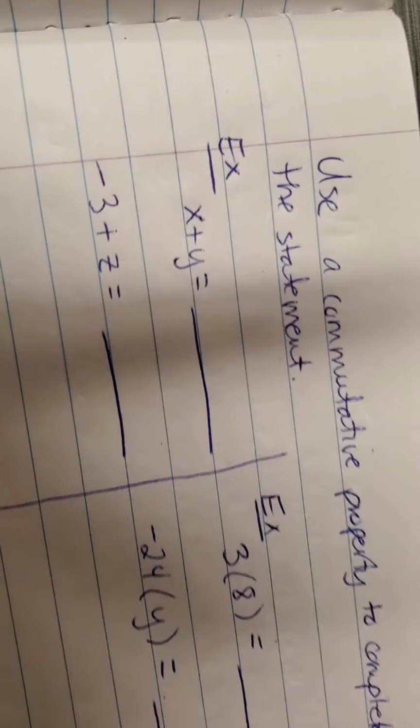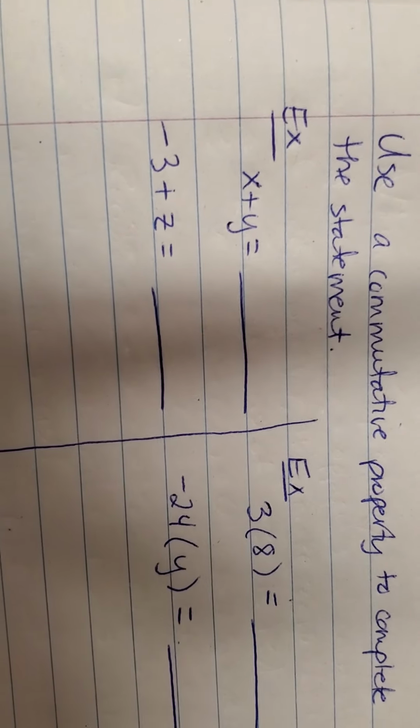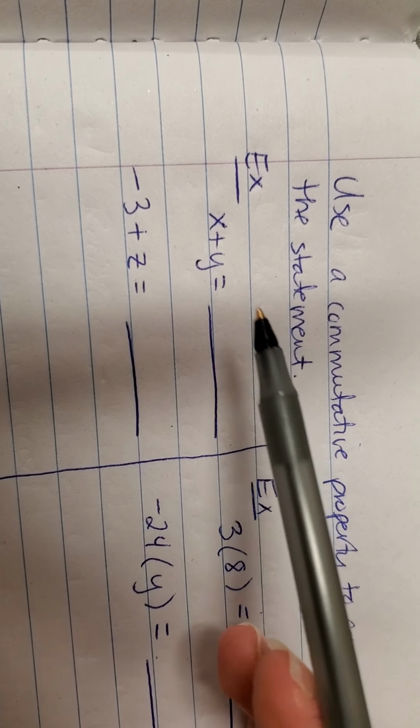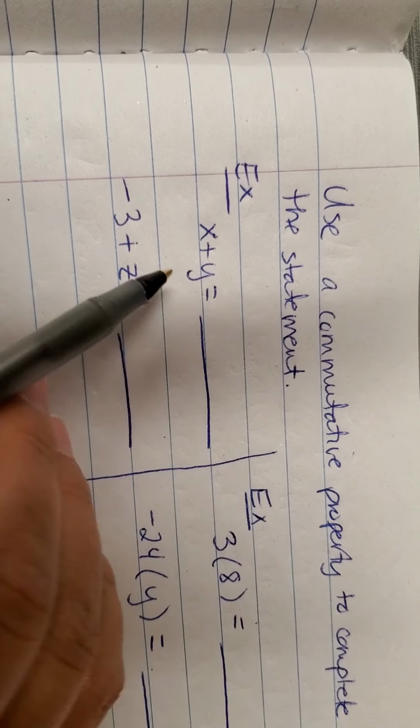Okay, moving on. These are pretty quick. We have use a commutative property to complete the statement. So all you need to do is apply the properties that we saw before. Remember that commutative just means that we're just kind of switching the position. So 2 plus 1 equals 1 plus 2. So in this case, if I want